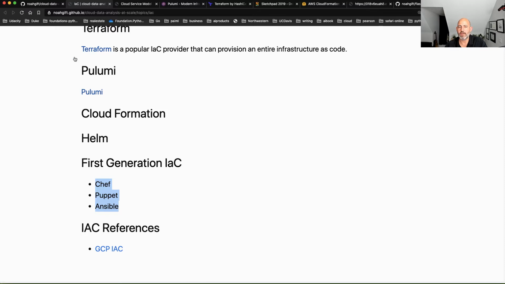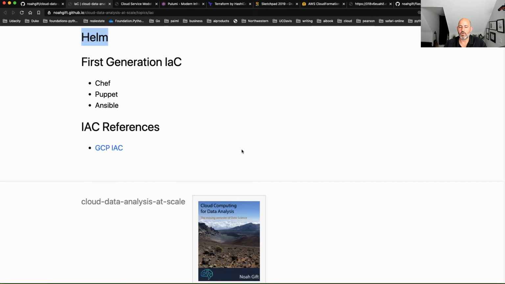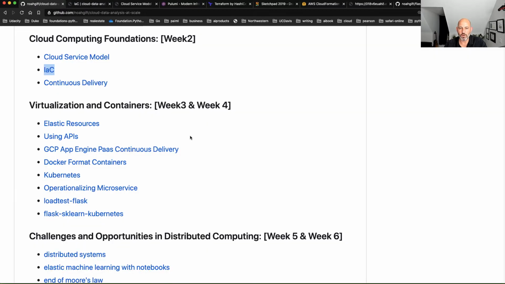But it feels like these technologies are starting to really take off: Terraform, Pulumi, and then also the cloud native systems. And then, as I mentioned, Helm, that's part of Kubernetes. They have their own Kubernetes example. So that's infrastructure as code.